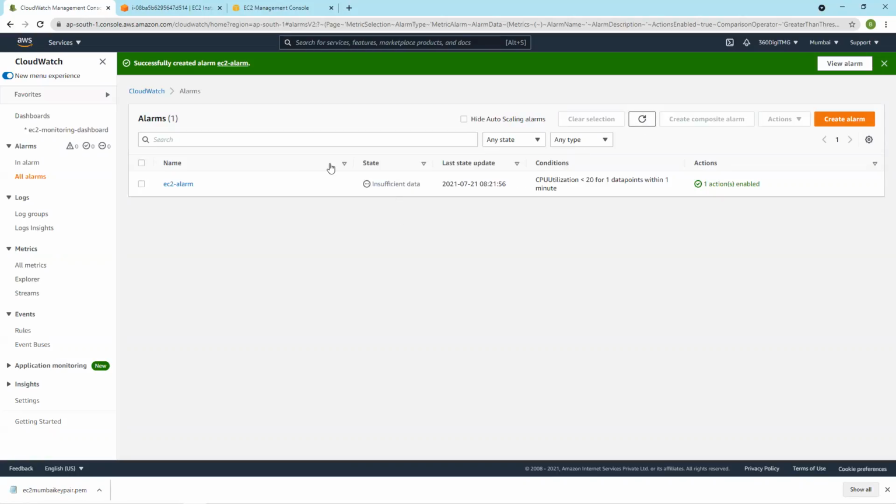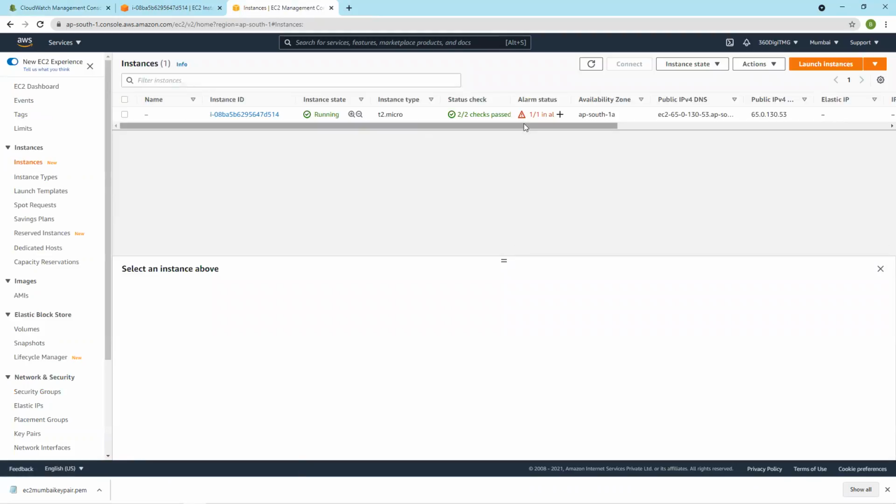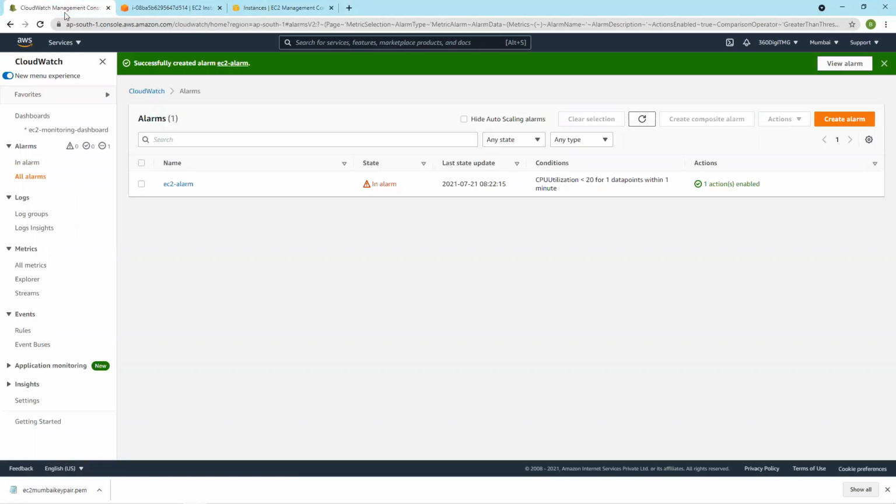When the state becomes OK, we can see our EC2 instance will get stopped. Now it is in alarm. Okay, let us edit this.